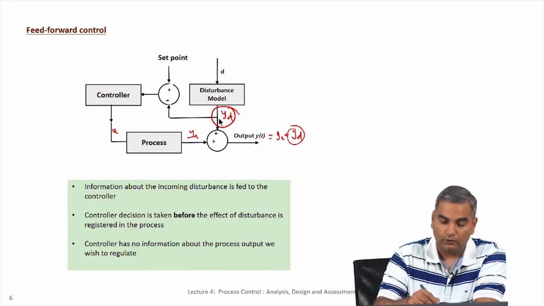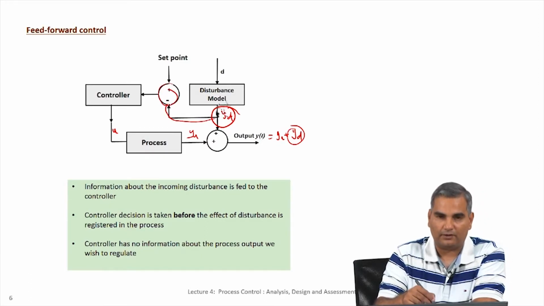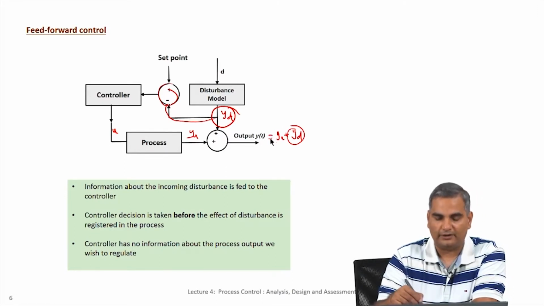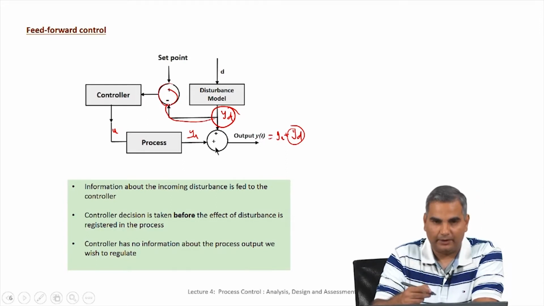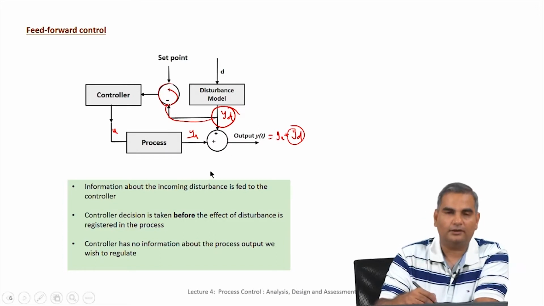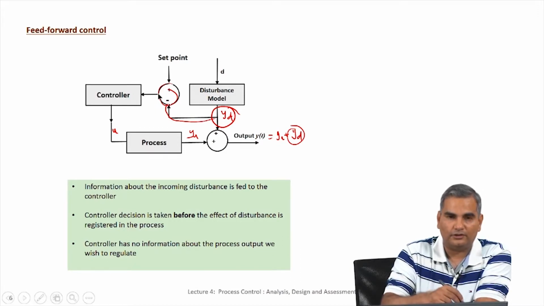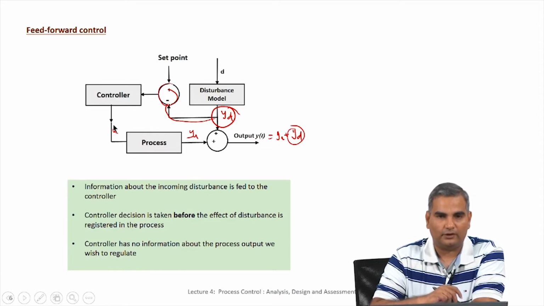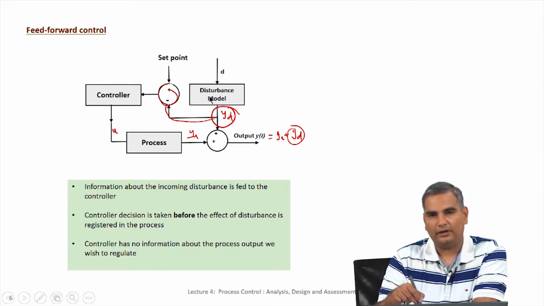So, you could use this information in a controller and say, because this disturbance is going to hit the process soon, how do I change this U so that I still maintain my output value at its set point. This is called feed forward control, where we anticipate based on disturbance measurements what the changes are likely to be, and we feed that information to a controller which changes the manipulated variable value. See the difference between this and the feedback controller. In the feedback controller, the fact that a disturbance has hit the process is only inferred from when the control variable changes its value, right.